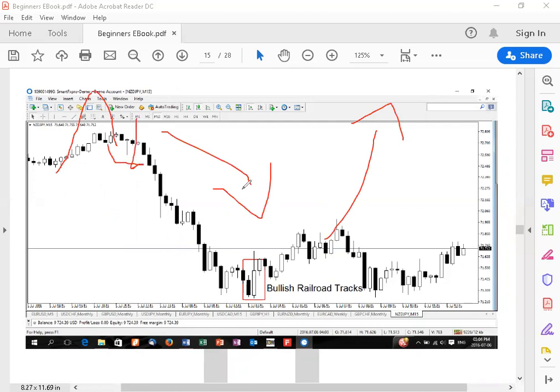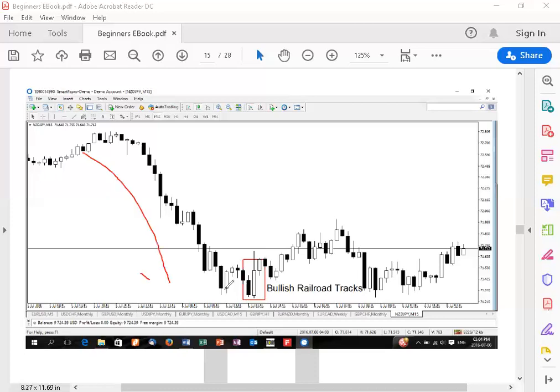Okay, and a bullish railroad track or a bullish engulfing will have the exact same types of candles, but usually obviously at the end of a downward trend, right? So you have a trend to the downside or an extended move to the downside, and you might have an aggressive candle like this, boom, and then all of a sudden you have